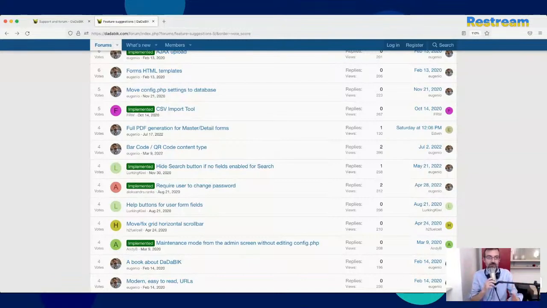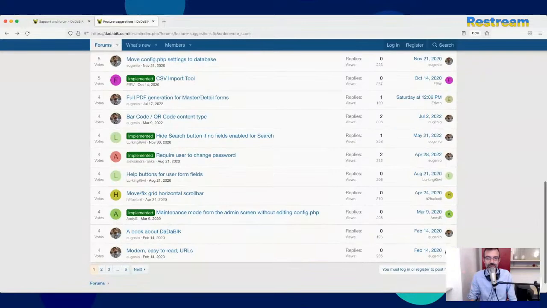Because maybe you need to print a label from your DaDaBIK application that you put onto a package or something like that. So that would be quite easy, I would say. But tell me if instead you are thinking about a different implementation of the barcode or QR code.